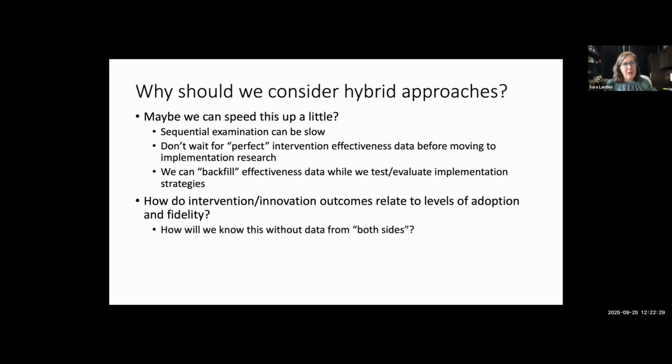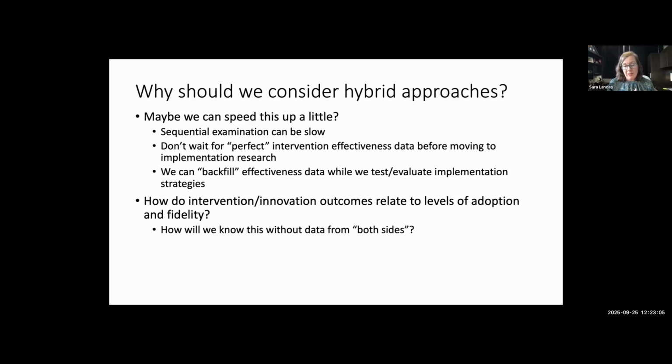I probably don't need to sell you on why you should consider hybrid approaches if you are taking an hour and a half out of your day for a webinar. But the idea is we want to speed things up a little bit. If you wait till you have great effectiveness data before you look at implementation, you may have people in the world who really need the thing you want to implement, and they need it sooner. So we don't want to wait for perfect intervention effectiveness data before we go to implementation. And we also know that when we're looking at implementation, we can maybe backfill effectiveness data that we'd like to have. And the other thing I always worry about is